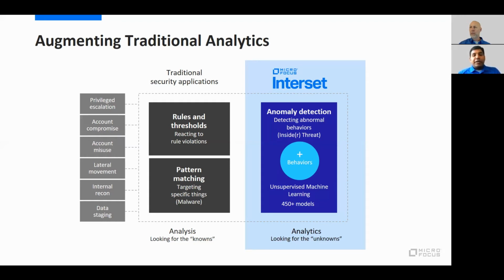What Interset brings in is a very large set of unsupervised machine learning models and algorithms that are pre-created to look at the behavior of the users. It allows you to detect abnormal behavior inside the threats and various other abnormalities that can be observed using a user's access, which usually seldom get noticed during a rule or threshold-based access control. In the subsequent slides, we'll see how Interset helps us in identifying some of these unknown threats that are present in the system and in the user's